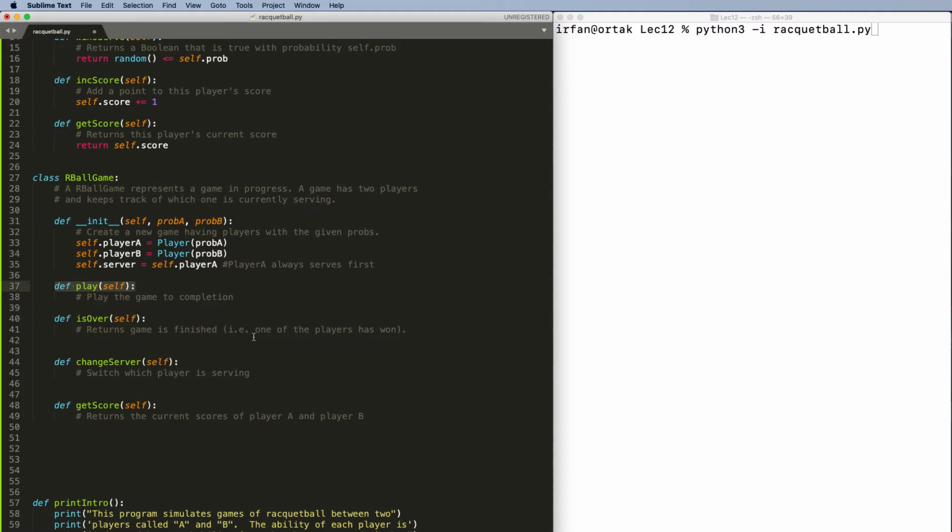So if player A has won or player B has won, it will also have a change server method which switches which player is serving, and it will also have a get score which returns the current score of player A and player B. So let's implement is over, change server, and get score. Finally, we'll implement the play score. So in is over,